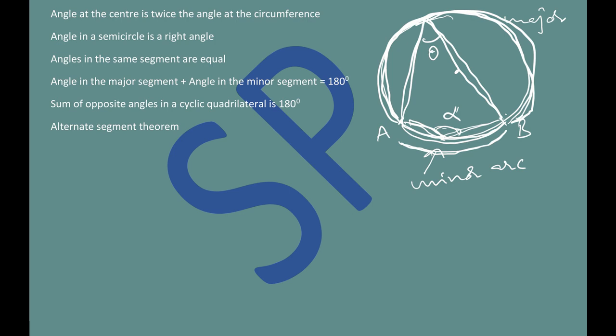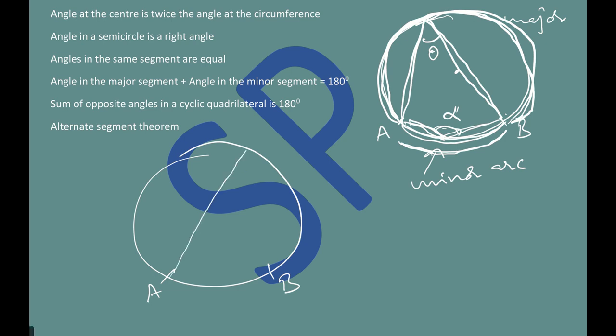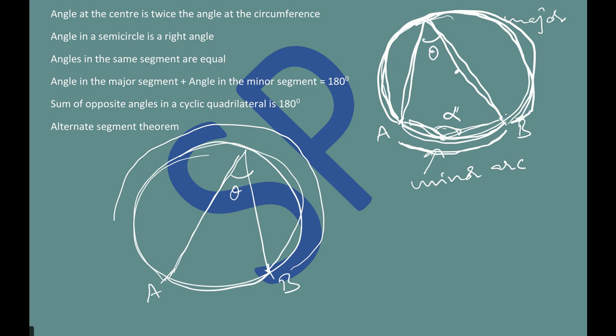So basically, I have a circle there. Now I have an arc AB. If I say angle made by the arc on the circumference, you see this is the arc, then go to the other segment of the circle, and this angle we call the angle made by AB on the circumference. If you are referring to the angle made by this major arc in the circle, then we mean this angle alpha.